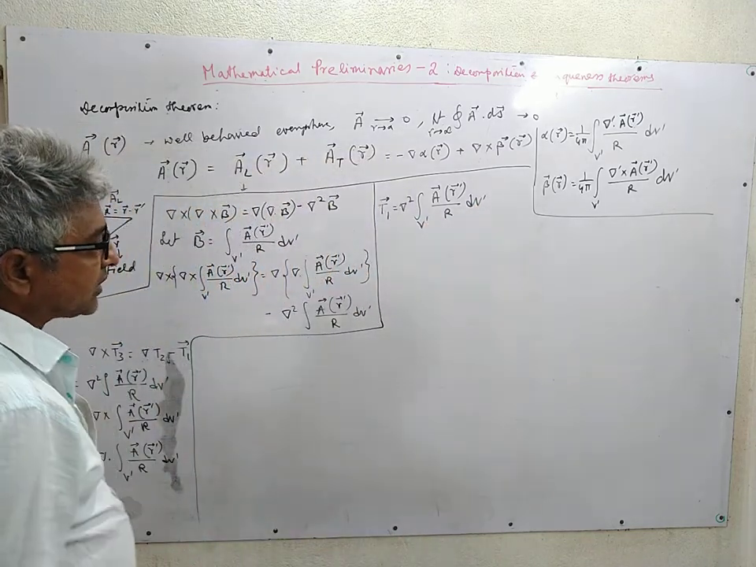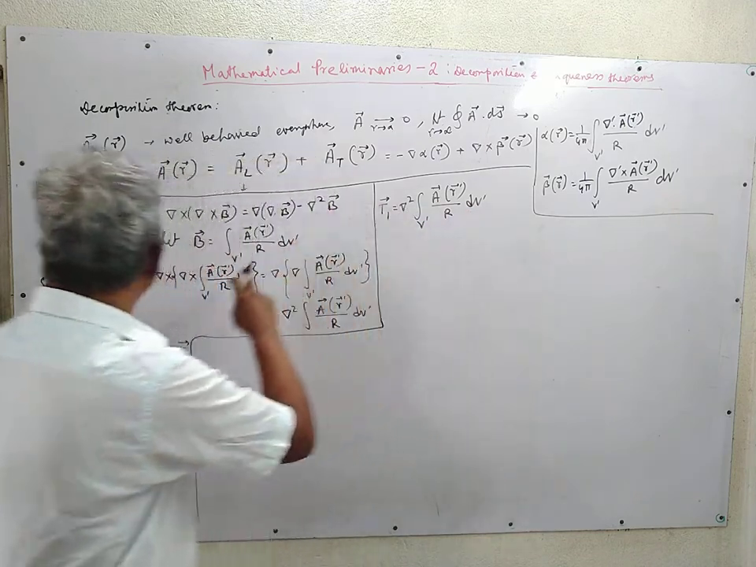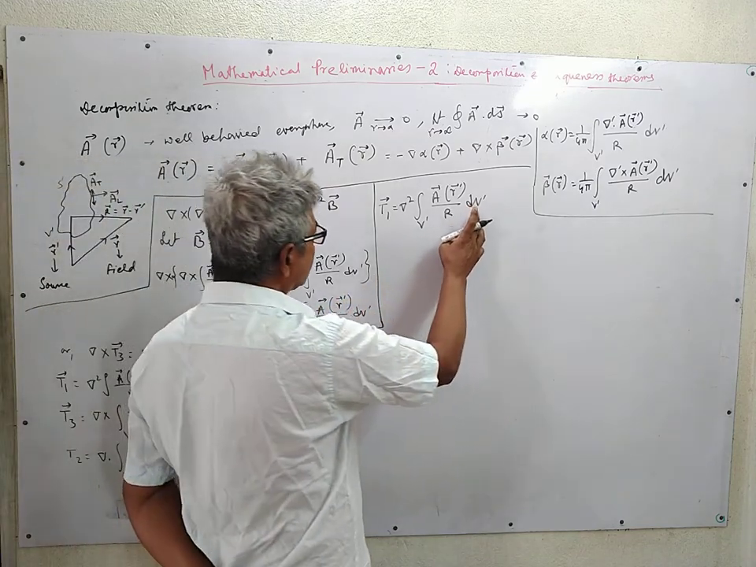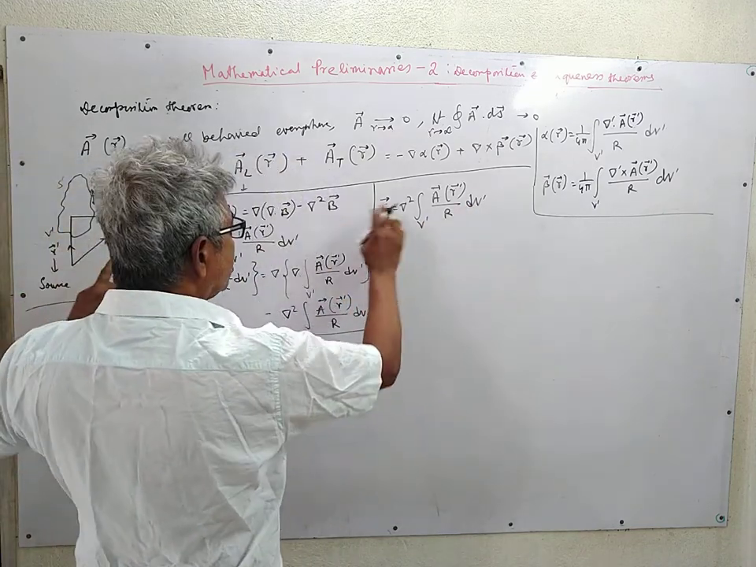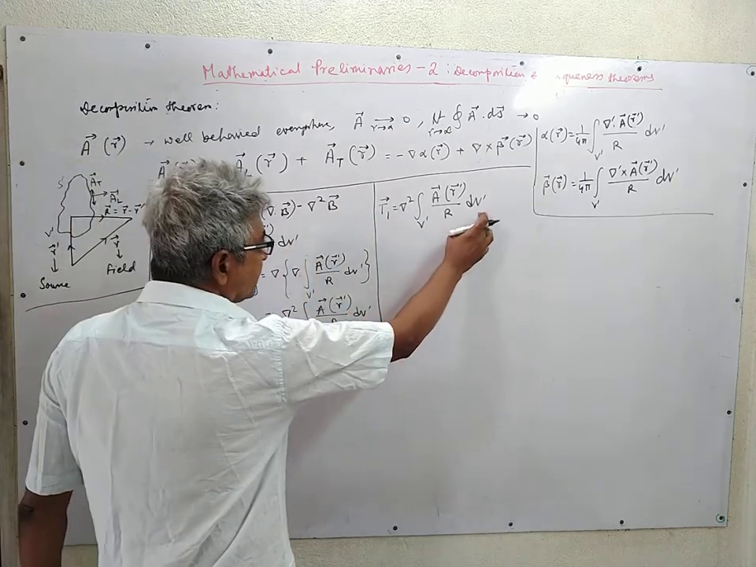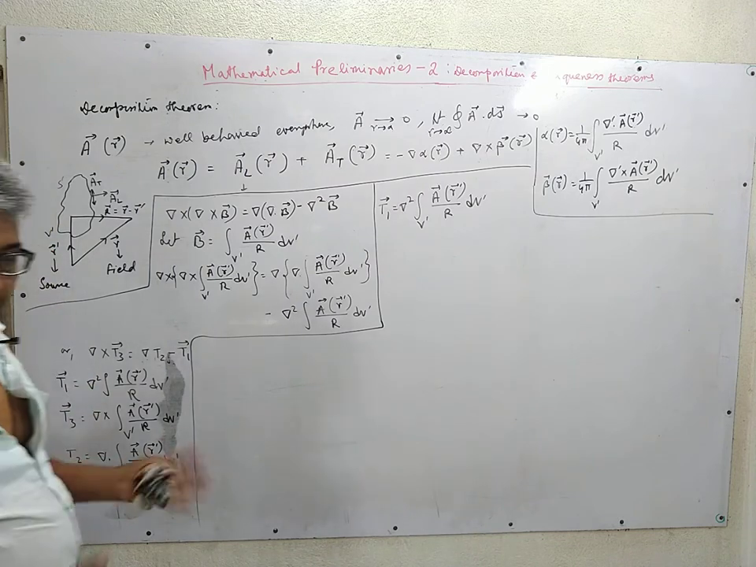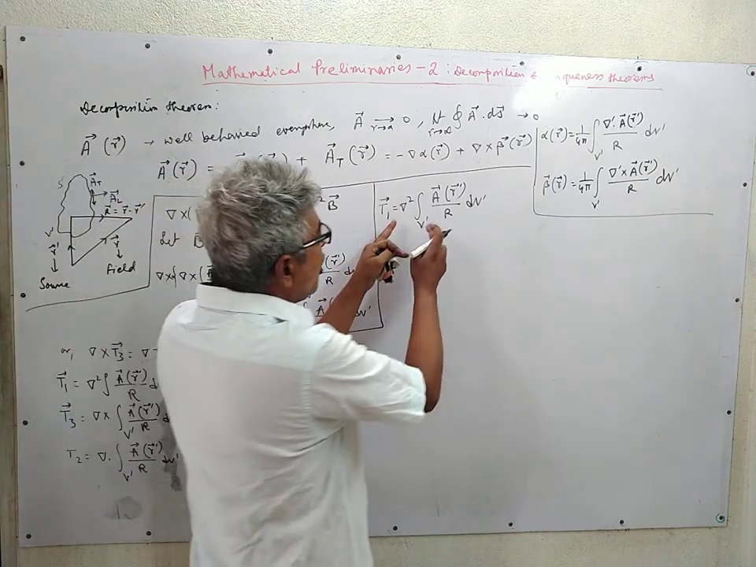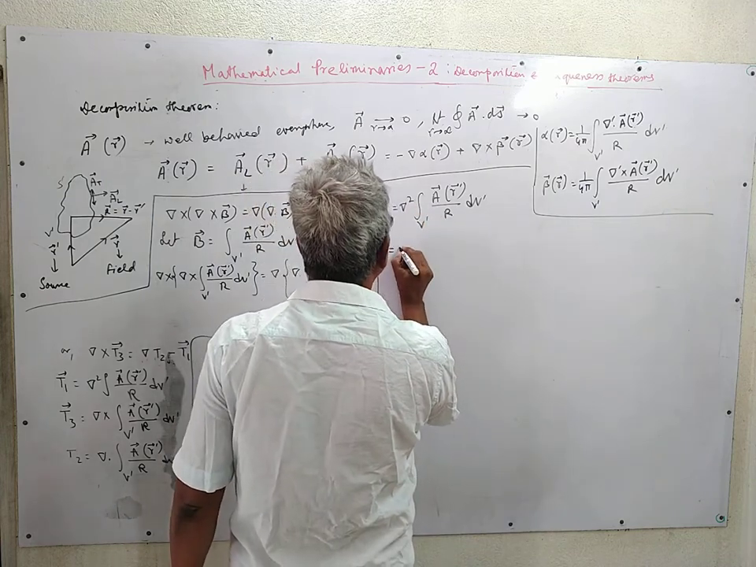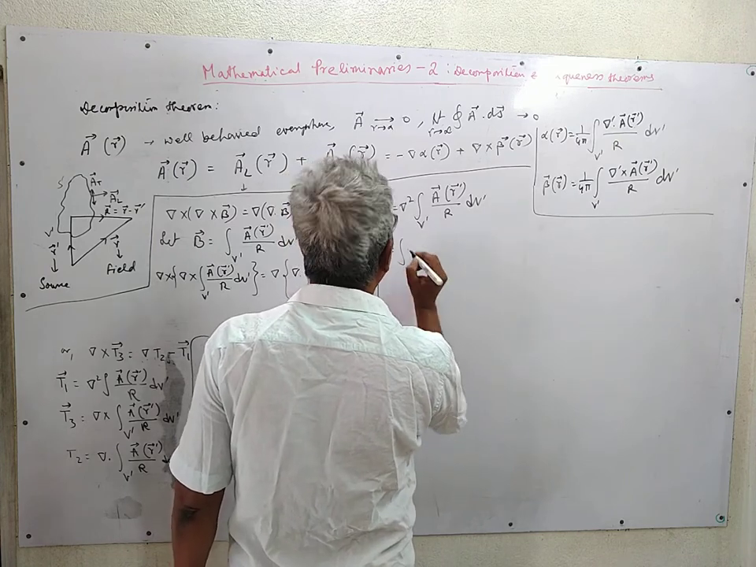Here consider that the differentiation is with respect to the field coordinate and integration is with respect to the source coordinate, which are independent of each other. So we can interchange the order of integration and differentiation. So we write this relation as integration over v prime